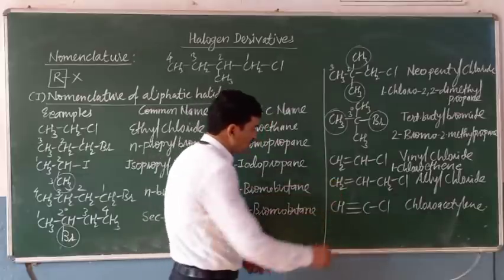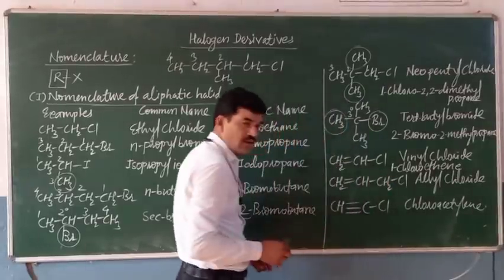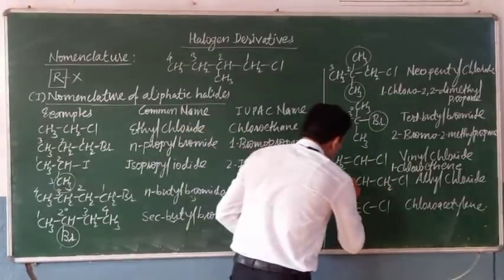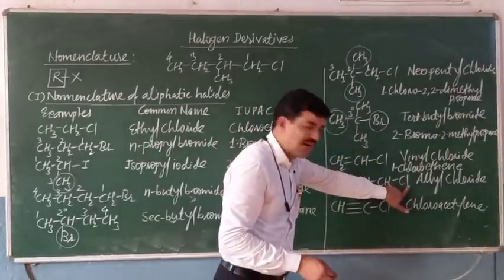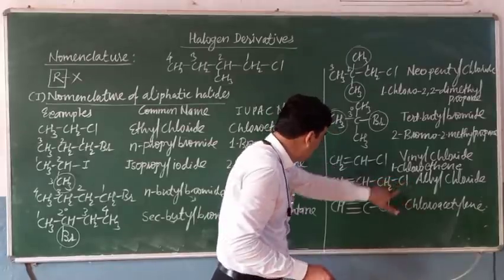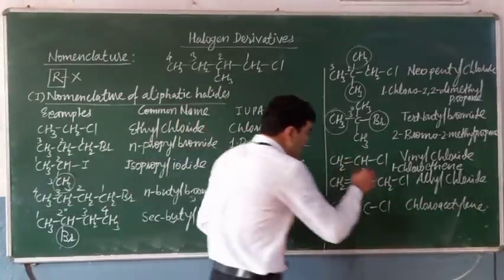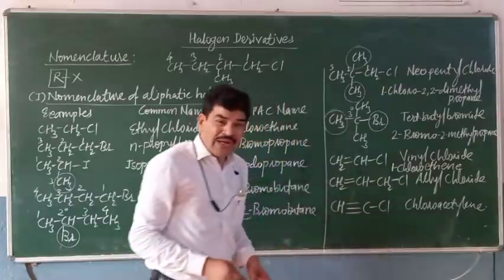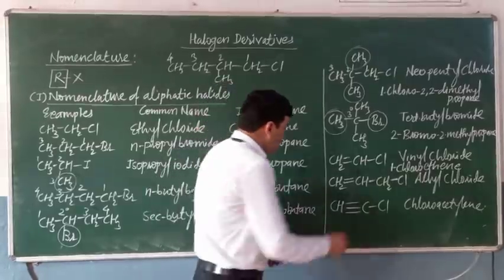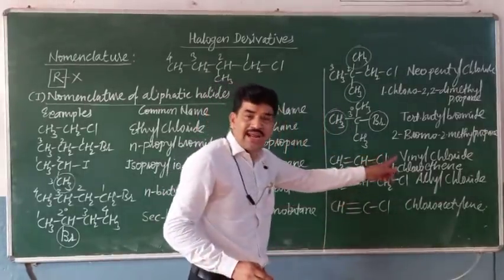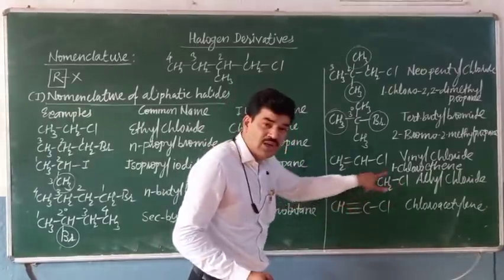Then the next example. Here 3 carbon atoms are there in the longest chain. Now in this example there are 2 functional groups: carbon-carbon double bond, that is the alkene group, and the halide, chloride, which is another group. Means it is a polyfunctional compound. And in a polyfunctional compound, the priority of the functional group is decided first. In the priority order, the alkene group gets higher priority over the halide group.